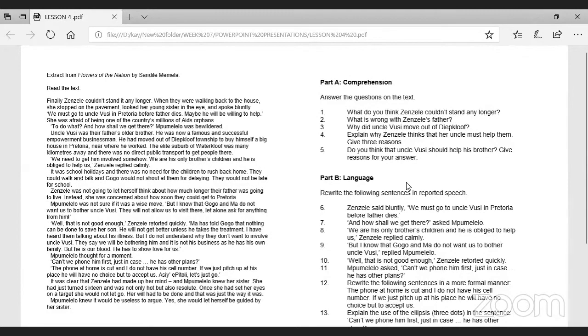Guys, mostly it's very important for me to know what are your thoughts for number 5. So I would like for everyone to make sure that they answer number 5. I want to hear your interesting thoughts regarding number 5. Don't worry about the second part, which is language. We can even deal with language tomorrow. But it's very important for me to know how you guys are doing regarding your comprehension analysis skills.